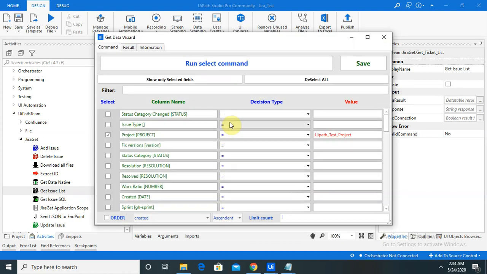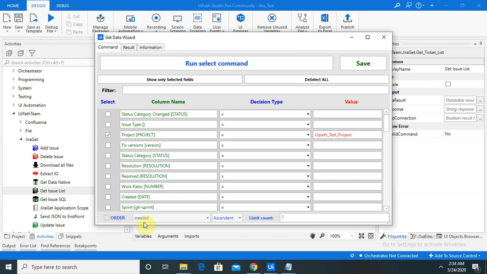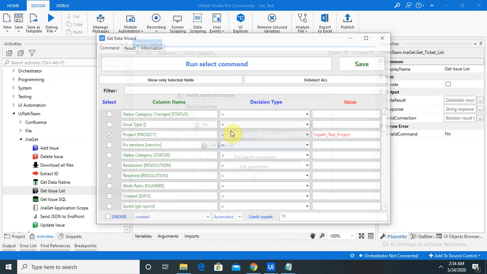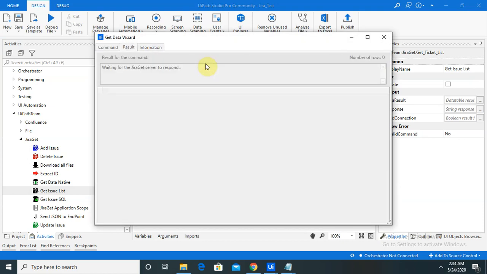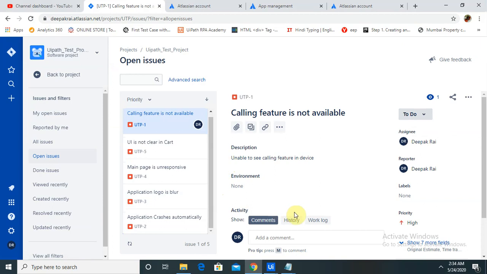Now select again and run the command here. Now you can see only one defect is available because we have not selected the maximum count. So provide the maximum count, 10 or 15, and save it again, launch it, run the command. Now you can see 4 defects are available because we have selected here medium,